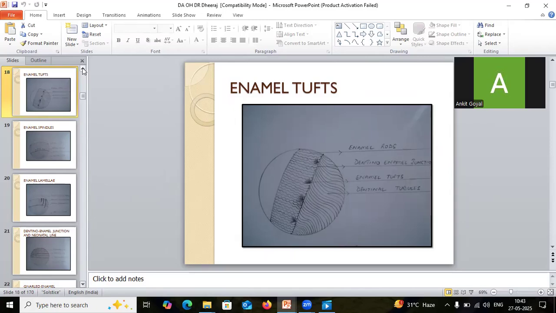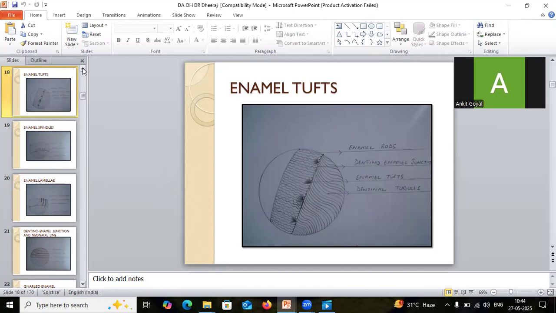Next, we have enamel tufts. Now, enamel tufts, these are the developmental faulting that occurs in the enamel prior to its full maturation. Enamel tufts develop where enamel matrix proteins migrate to fill the faulting voids, which therefore contain reduced minerals and enhanced organic matrix concentration. Early faulting leads to formation of enamel tufts, while late faulting produces